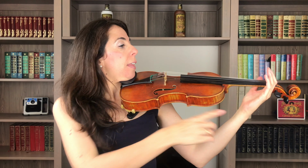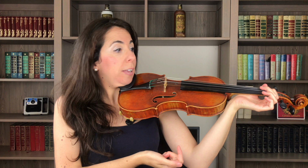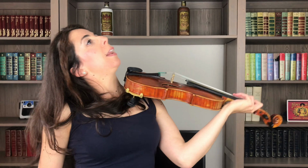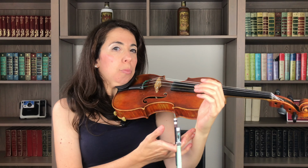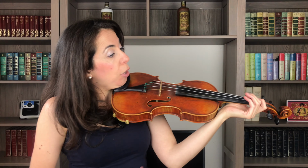The second tip I have for you, the left wrist should be straight. So whenever we place the left hand on the violin, this part of the hand should never touch the body of the instrument, because if you're attempting to play like that, it won't work. It will never work. When I try to put my left hand closer to the violin, that means in the wrong position, I feel like there is a disconnection between the nerves of my hand and my arm, so that if I try to play like this in the wrong position,